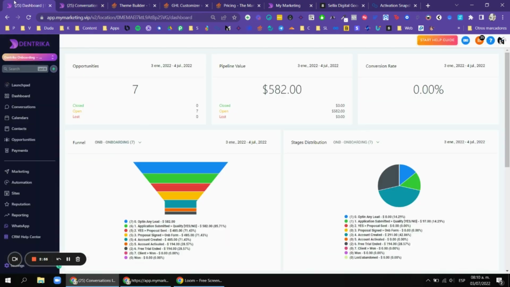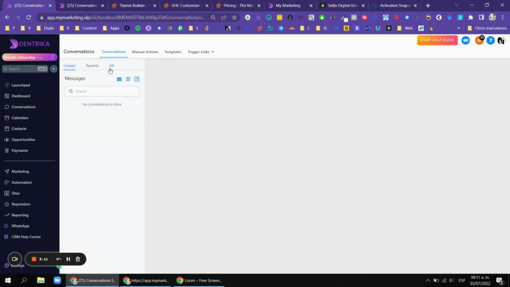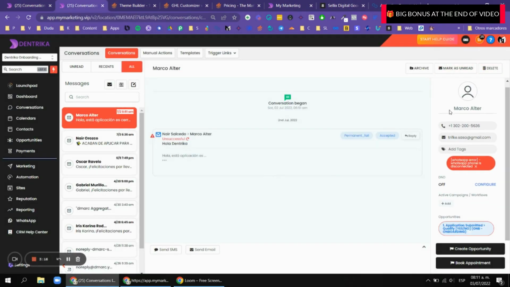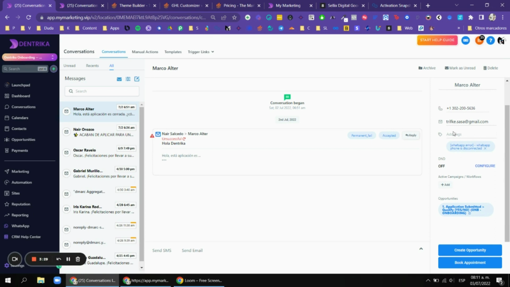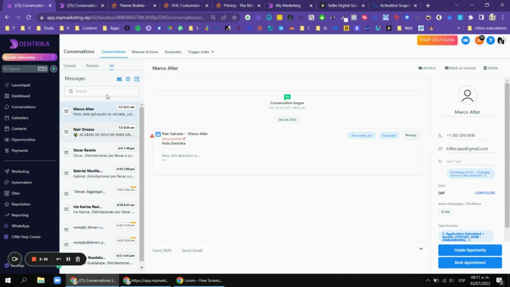And for the conversation, it also changes a lot. So let's go into conversation in the HighLevel theme. Let me click it. Okay, so it looks like this, all the conversation. If you compare, I think this looks great. You can see send SMS, send email, and also you have all of the tags like this. And if you see the HighLevel one, I don't like it too much. There are also different features, and I will show you in a bit, but I want to finish with the